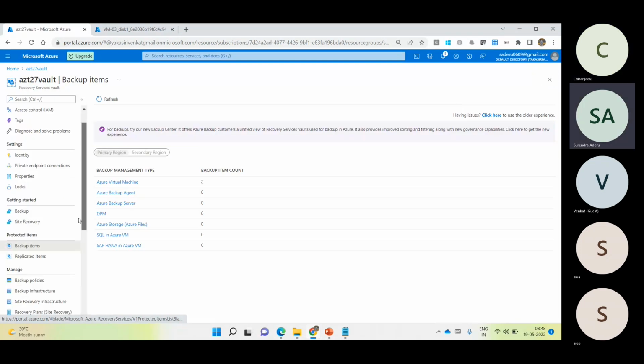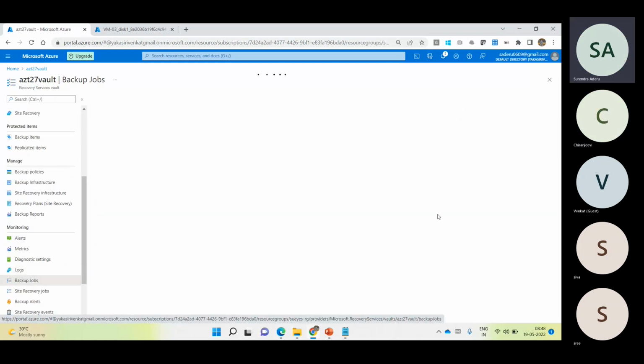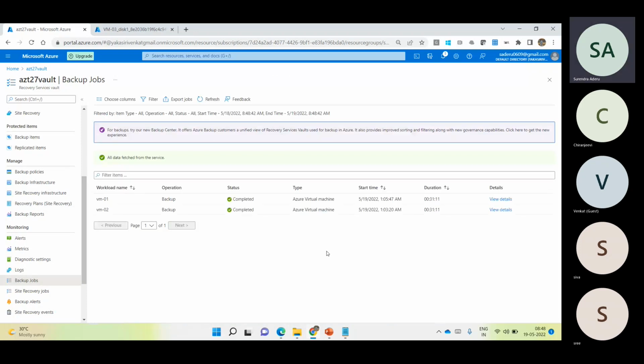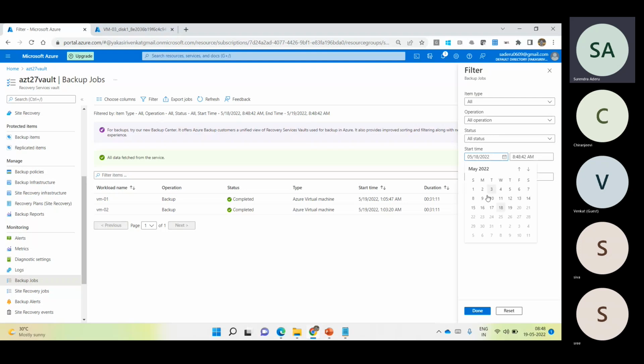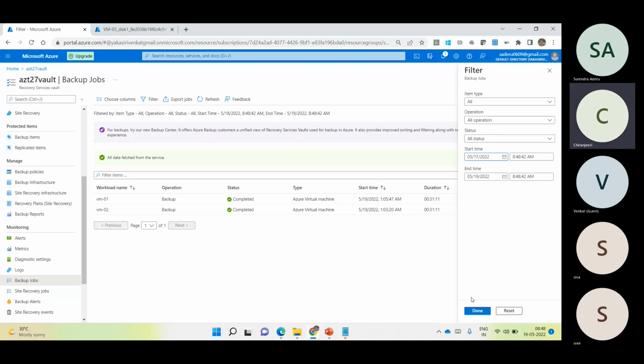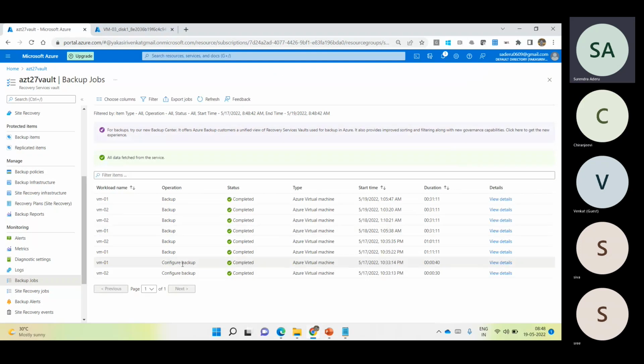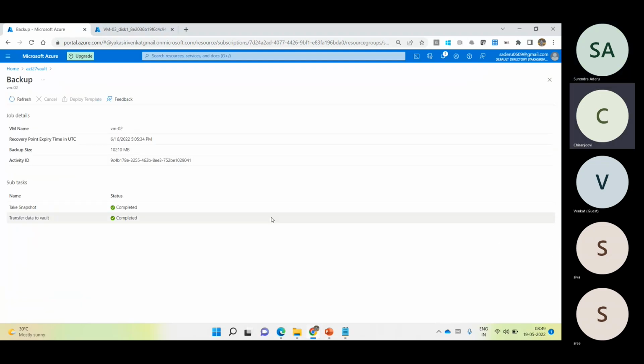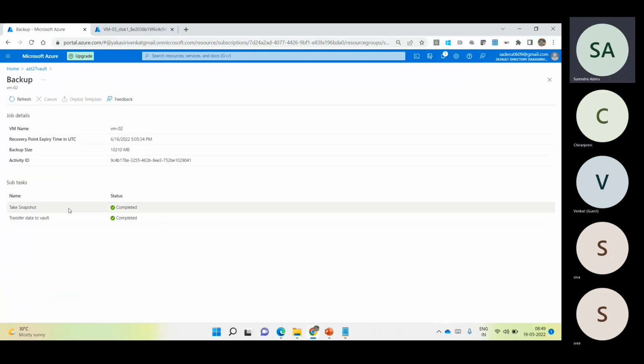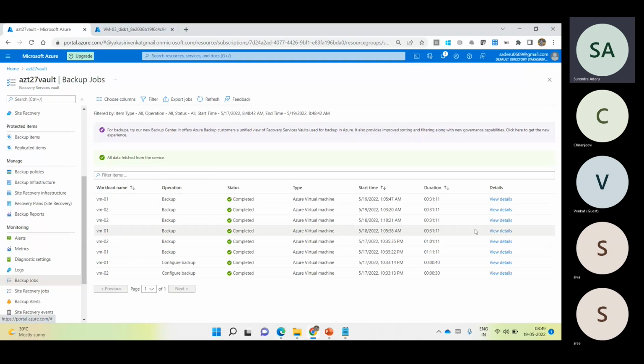Let me show you so that you'll understand. If you see the backup jobs right here, I don't have a filter mechanism. So for backup jobs, I want to see from the 17th. Click on done. So whatever happened from the 17th onwards: first I configured a backup, then I ran the backup manually, right? If I see this data, you can see this took a snapshot and moved it, correct? It took the complete data. If you could see the latest one,